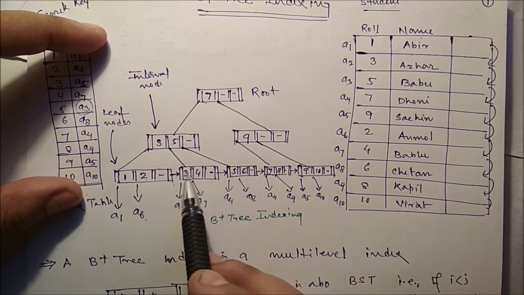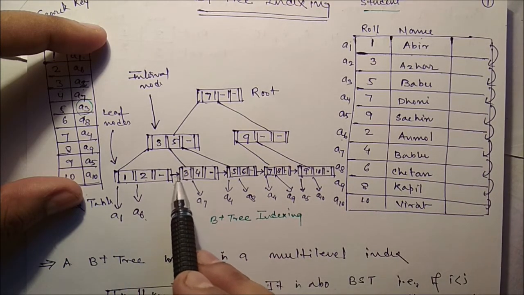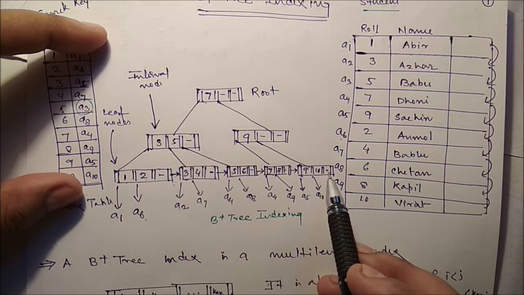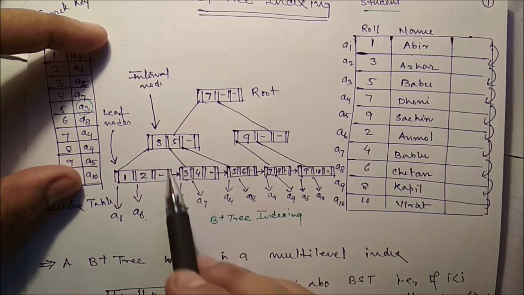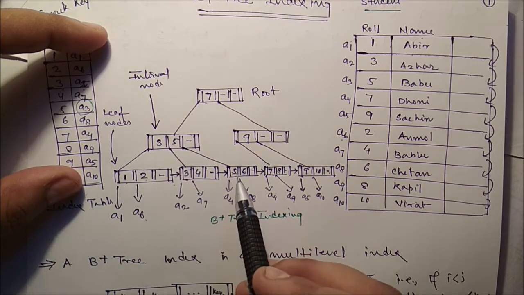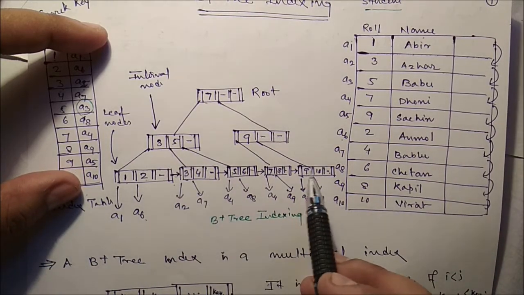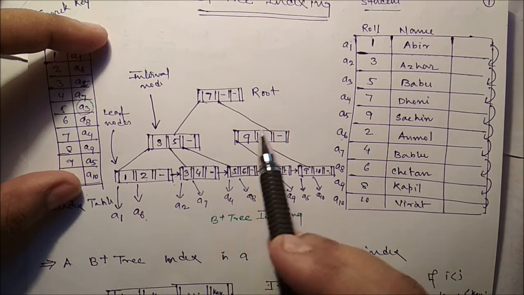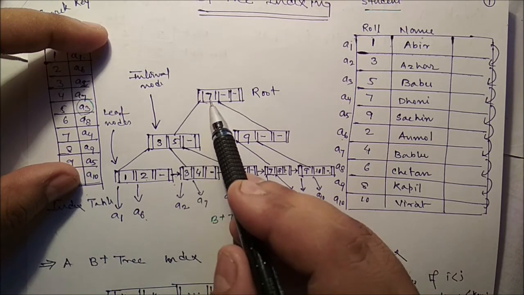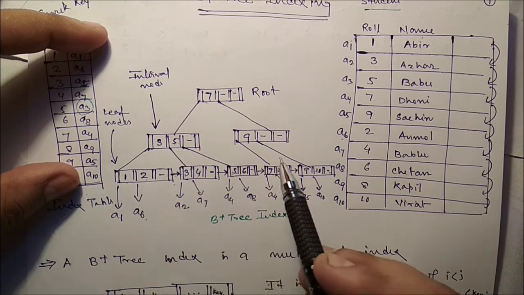Each and every node is connected to the next, so it creates a single linked list. Say 1 2 is connected with 3 4, which is connected with 5 6, and so on. Are you getting this one? These three nodes are children of this particular parent. These two nodes are connected with the root. Now you can see 3 and 5 are less than 7. 1 and 2 are less than 3, and 3 and 4 are between 3 and 5. Are you getting this one?